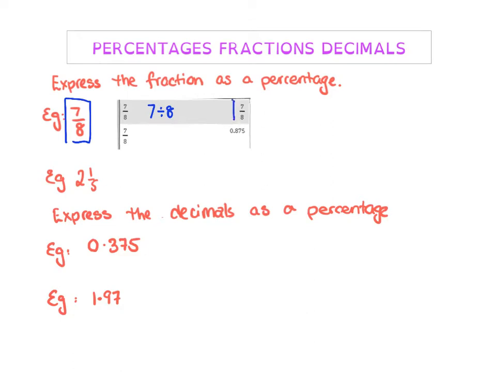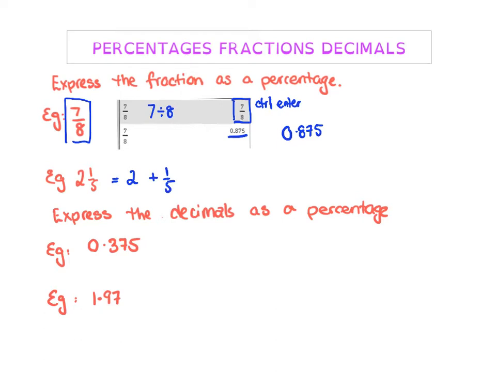Now if you do it on your graphics calculator, I typed in 7 divided by 8 and I get this answer. You can just press Control Enter and you'll get the decimal answer. So we can change that to 0.875. For this next example, if you have 2 plus